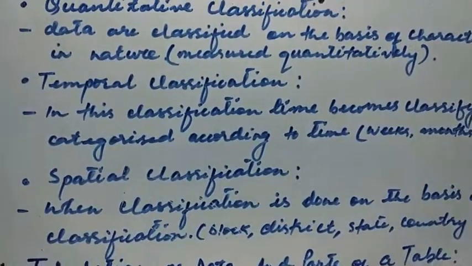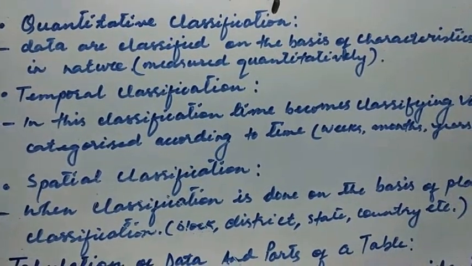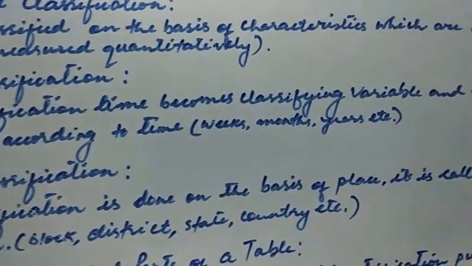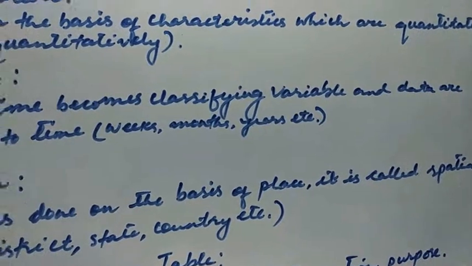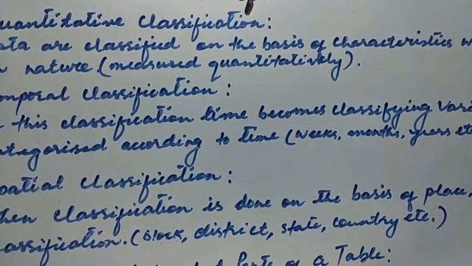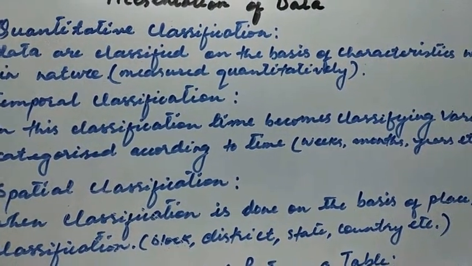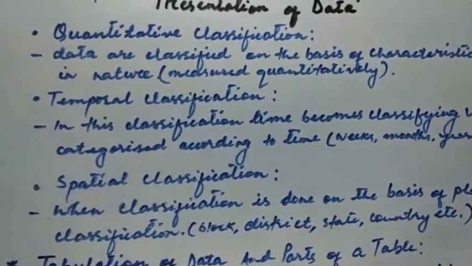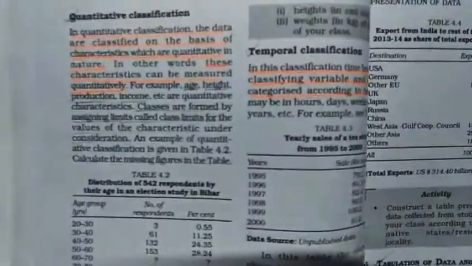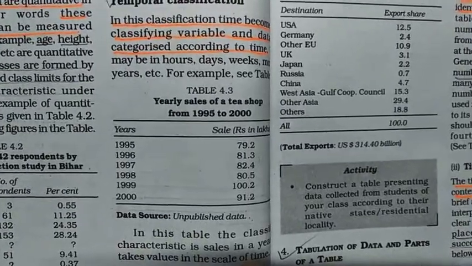So the next one is temporal classification. In this temporal classification, time becomes the classifying variable, and data are categorized according to time. So it may be weeks, months, years, etc. And data are classified according to this time. So table 4.3 is an example of